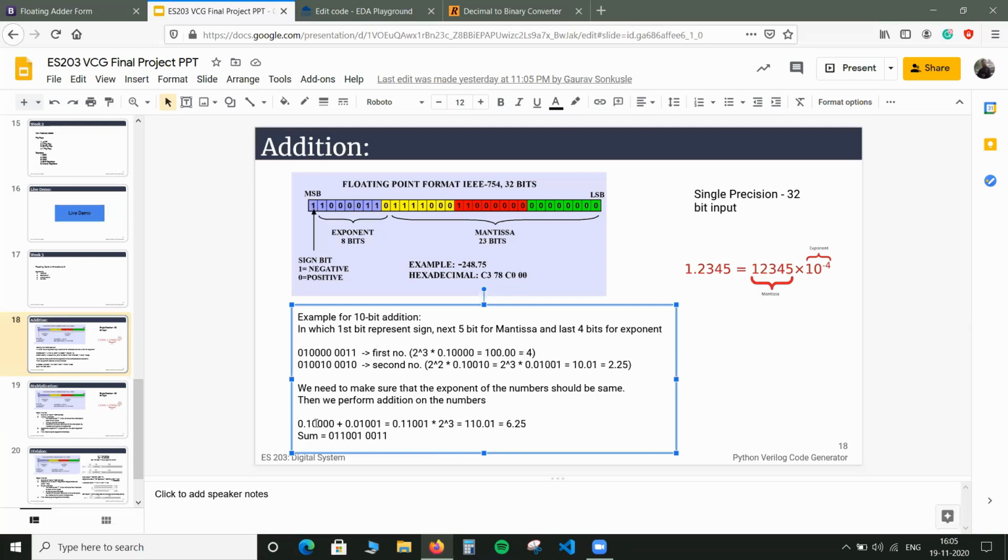So the sign of the addition will be equivalent to that of the larger number, whichever has the larger Mantissa. So the sign will be that of the larger Mantissa number for the result. Our larger number is 4, and the sign of the first number 4 is 0. So our answer contains 0 as the sign bit, and the exponent will be the same, 3.